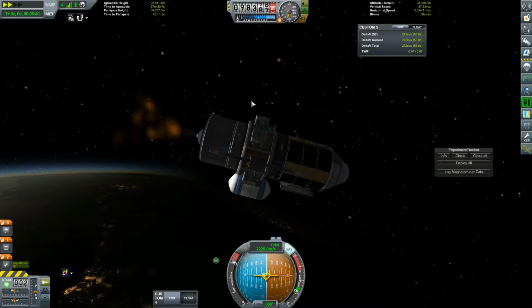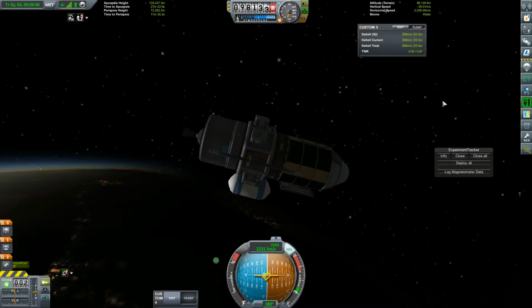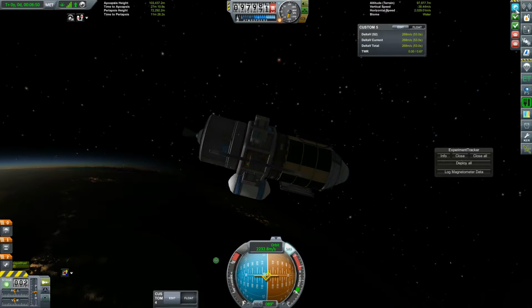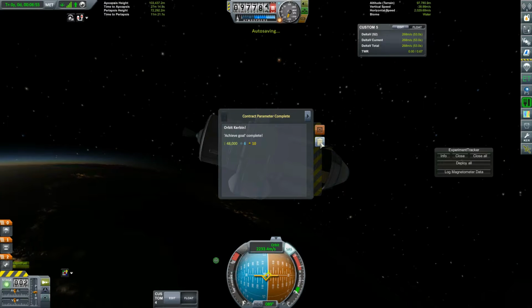And there's orbit. We have 268 meters a second of delta V left. So there we are in orbit. Let's see what we got here. We've entered the orbit achievement. We completed the orbit contract, and we got the